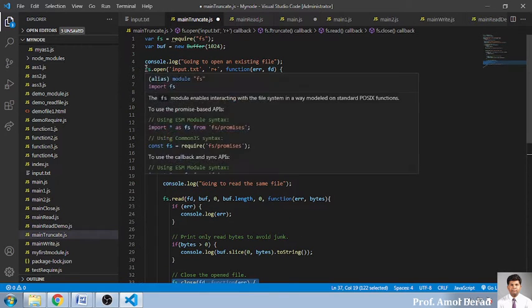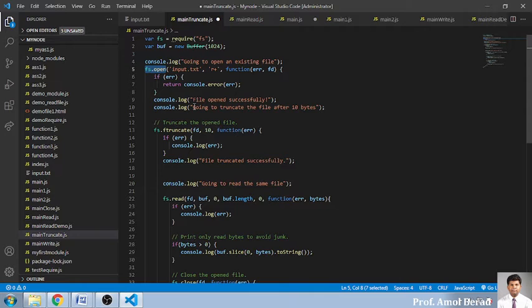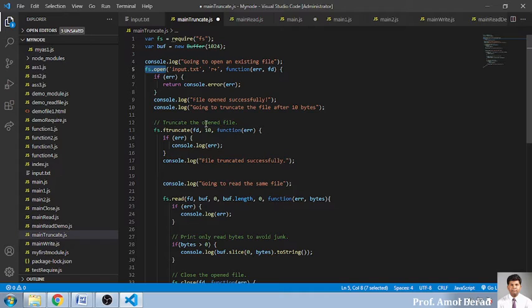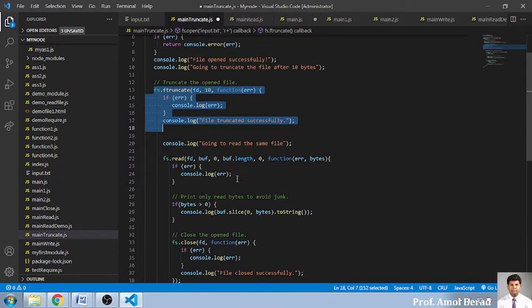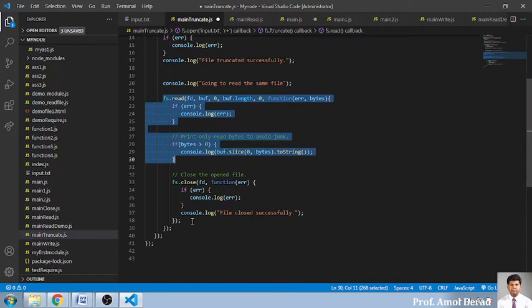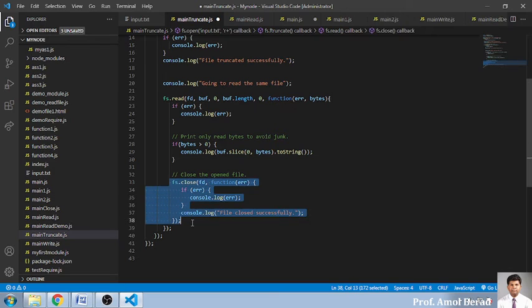So we have written each and every code into fs.open, and you can see everywhere we have closed at the end. So the whole code is written into this fs.open, and we just have added a comma after every execution. So the open function is closed over here with a semicolon. Then there is no comma. We have directly started writing the code for truncating. So after truncating, we have directly started the code for reading the content of a file. And after reading, we have written the code for closing the file.